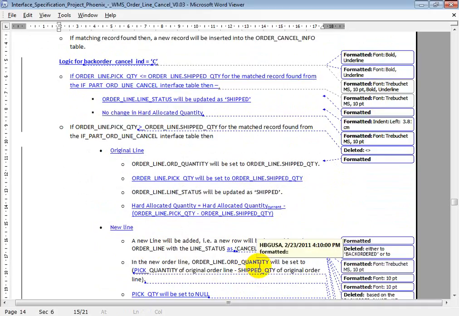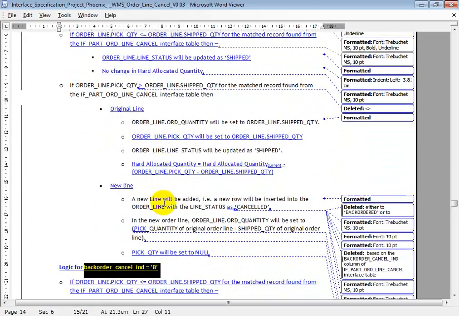just remember for partial order cancellation for the same ISBN, 2 lines will be populated in the line items tab. Suppose the order contains 10, and you have requested partial order cancellation for only 5 books. Then in the order line, the 2 lines for the same ISBN will be populated, 5 with back order and 5 with shipped. That also you need to validate, whether the new line has been created with the remaining quantity.